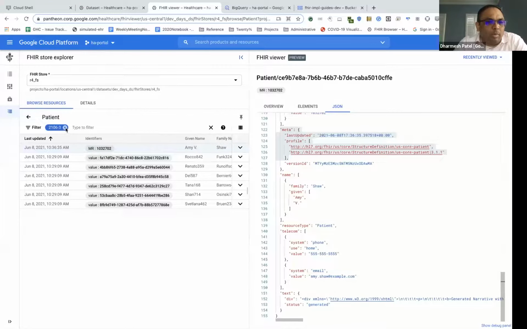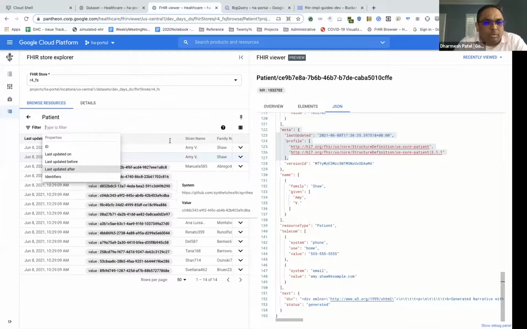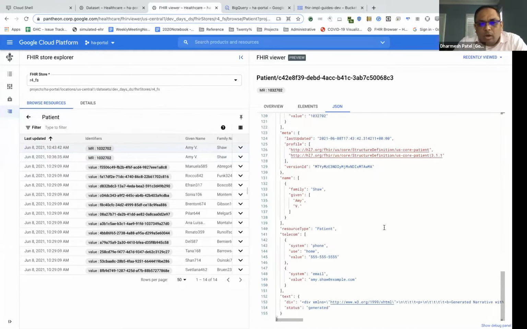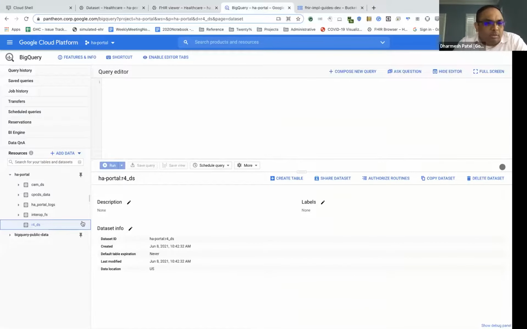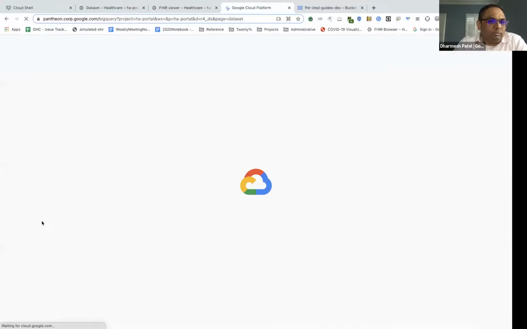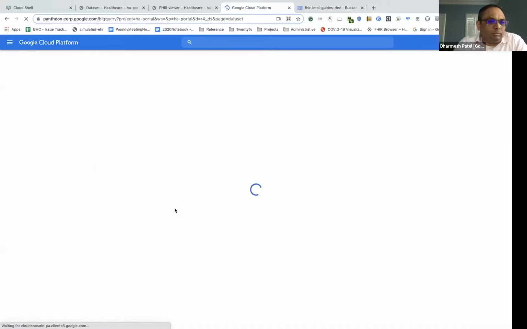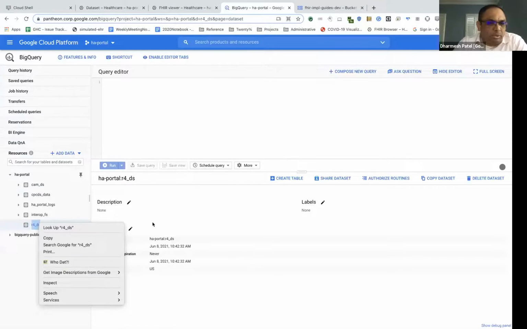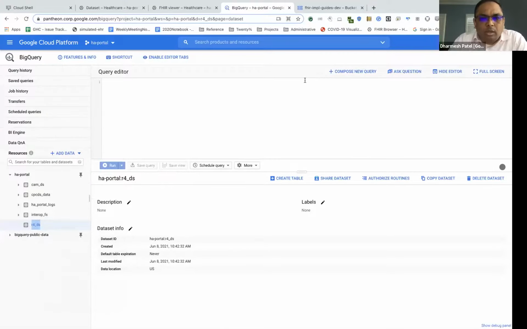So if I go now back here and search for patients, you see there are 2 Amy Shaw, the one that I just created, 1043, and this Amy Shaw's record should also be available in the BigQuery dataset. It will take some time to bring it, but we'll look at it later on, because in the interest of time, I